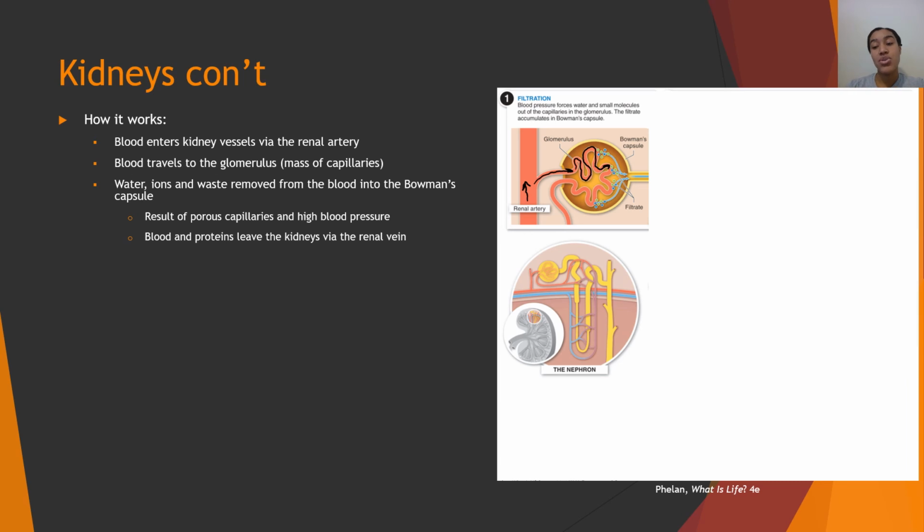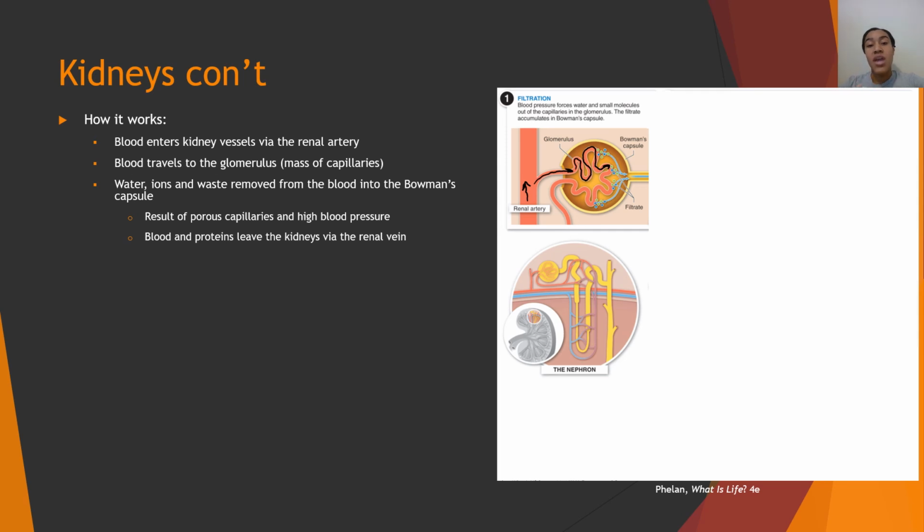And this is due to the high pressure and porous nature of the glomerulus. So the vessels in the glomerulus are highly porous, and then there's lots of pressure built up in those capillaries because the pressure of the blood flowing through the renal arteries is far more concentrated in the smaller area of the capillaries. So this creates a lot of pressure in those capillaries that basically pushes out all of the water, waste, and